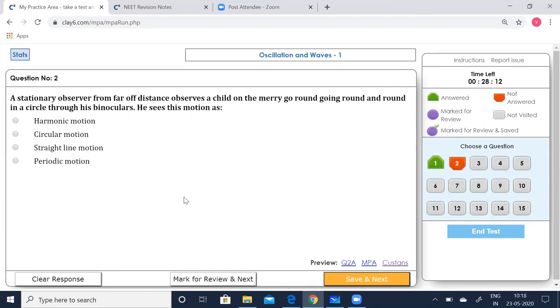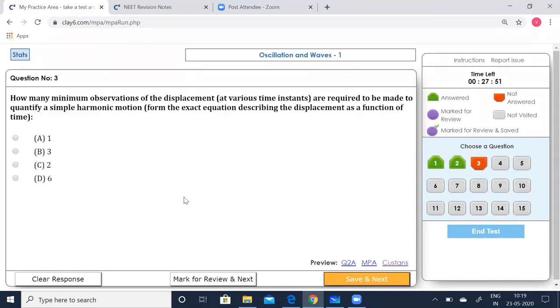So the horizontal displacement can be given by sine omega t, which is now going to be the motion. If it represents y is equal to sine omega t, then you can say it is now going to be more of a harmonic motion. So you can say that it is simple harmonic motion. So I can put option A is correct. Save that, go to the next.